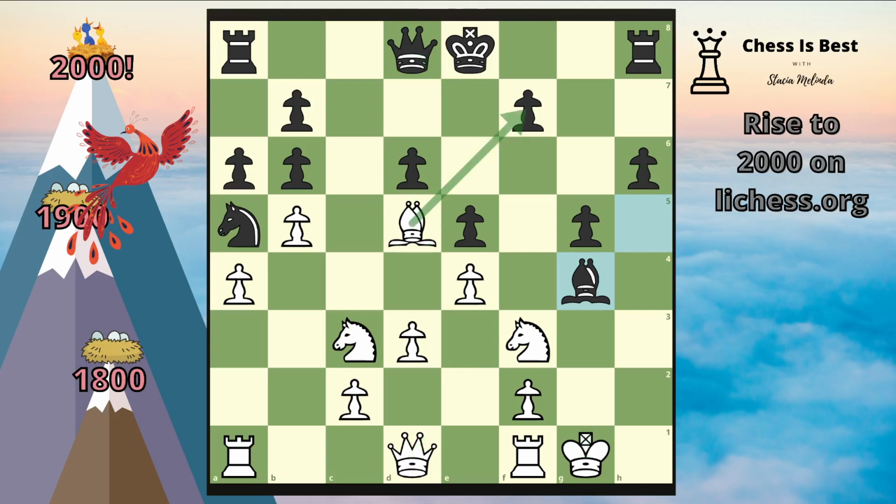I also have another idea. What about we sack back? It's kind of interesting. If they take, I go check. Then they take there. We take the bishop. That move looks very interesting to me. If they sidestep,